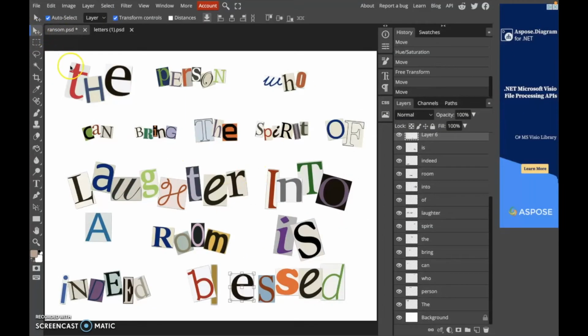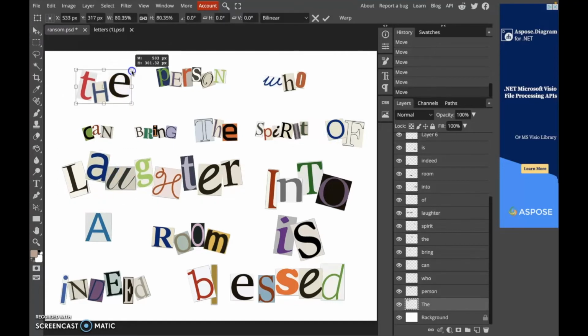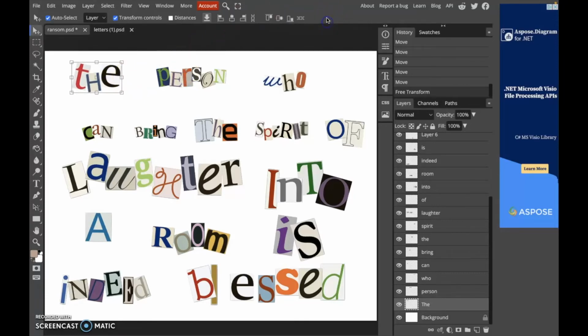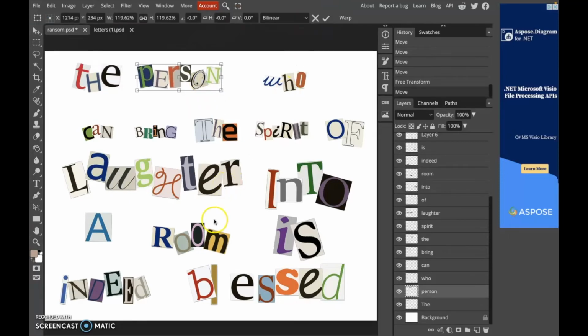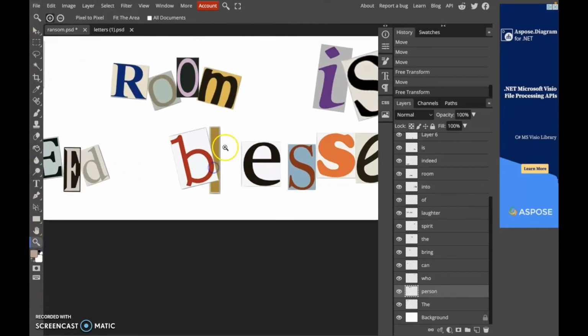So you can see that at this point I have all of the words laid out except for the very, very last one. And it makes life easier than having each individual letter on its own layer. It's just a lot nicer to move these around. So before I get too caught up in this, I want to bring two things to your attention this time. First of all,